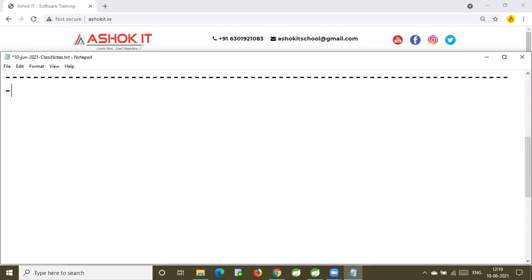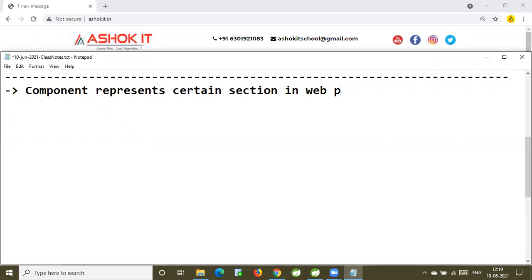What is a component? The component class represents a certain section of a web page. For example, a login form is represented by a login component.